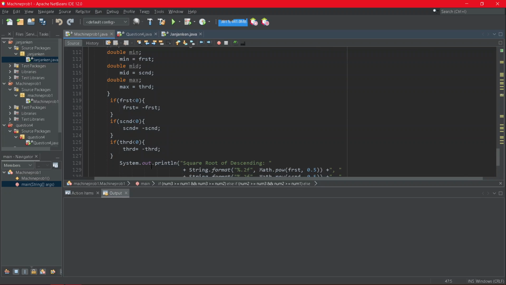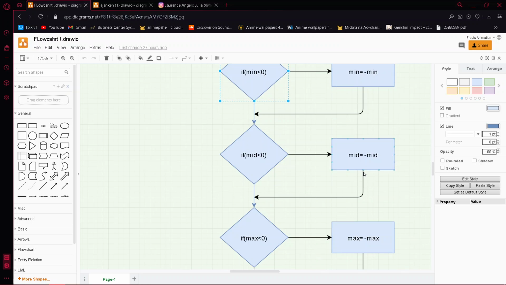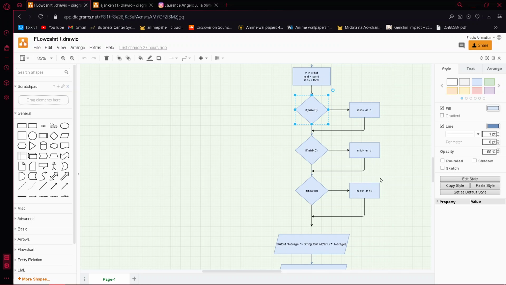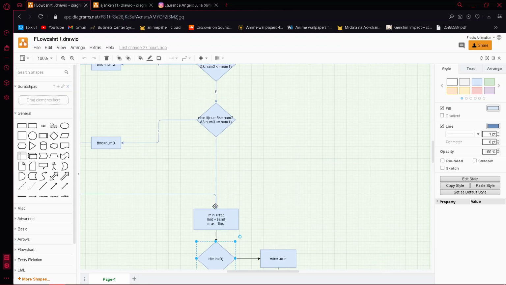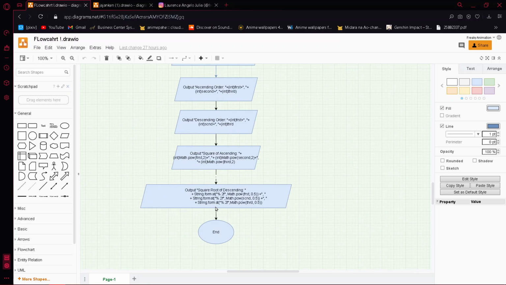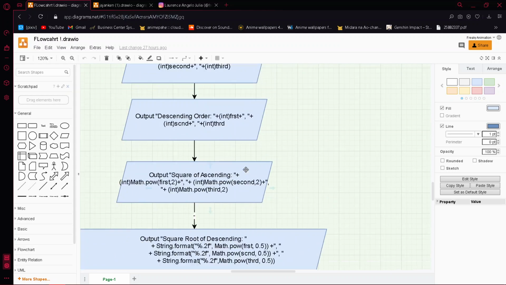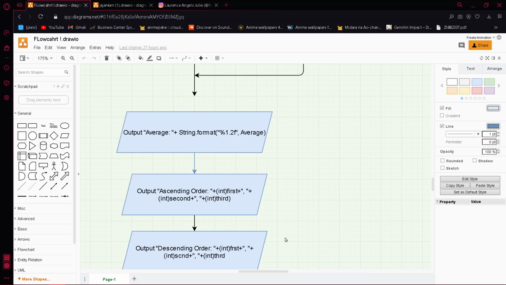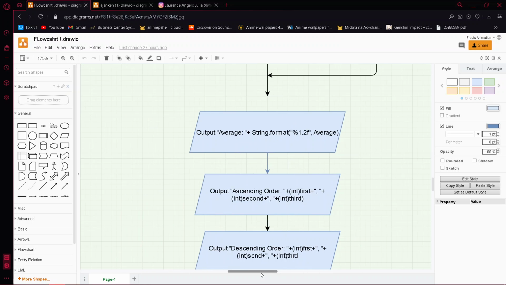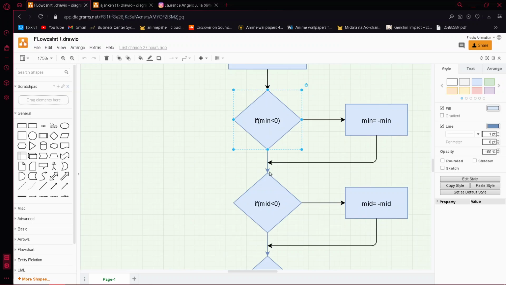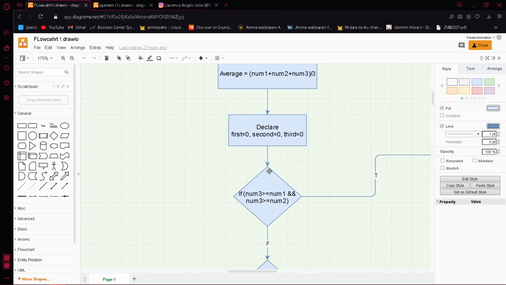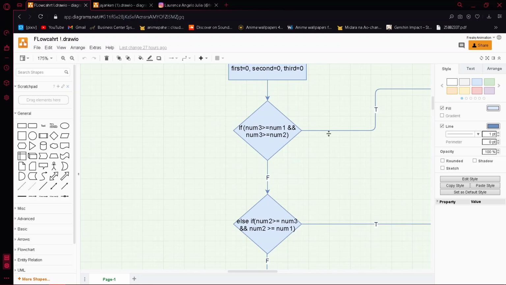So here in the flowchart, all of the outputs are being declared and put in one place, which is in the bottom, because in the bottom part all of the output is given. So first, the output of average, which is here.